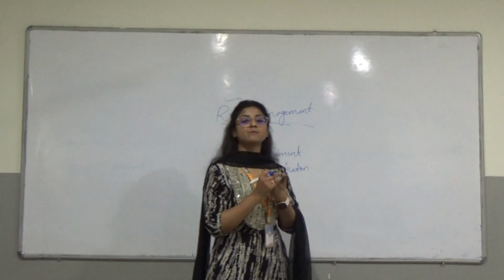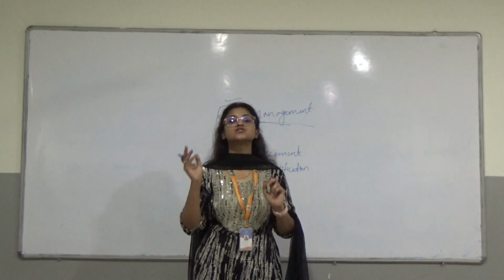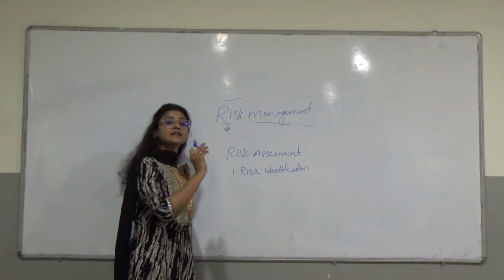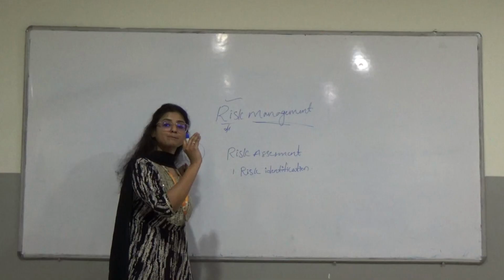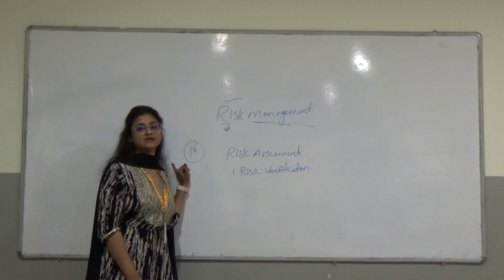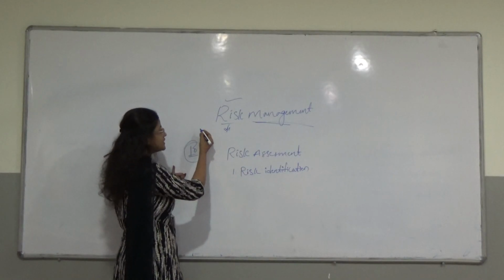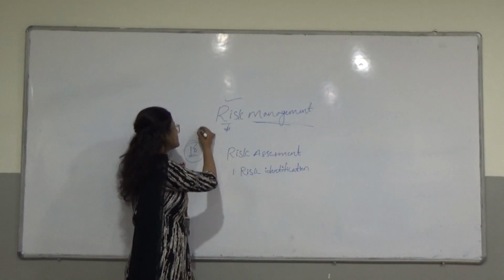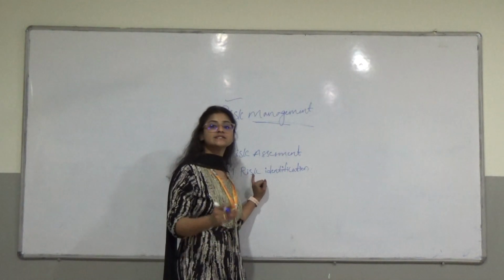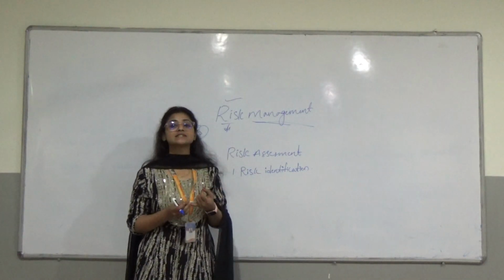What is meant by generic approach? The generic approach concentrates on the overall product, meaning the overall software. If you have 10 modules to complete a software, it will directly concentrate on all 10 modules to identify the risk. And the next one is specific product risk identification. If you concentrate on any particular product in a particular area, that is called specific product risk identification. There are multiple types of risk identification.